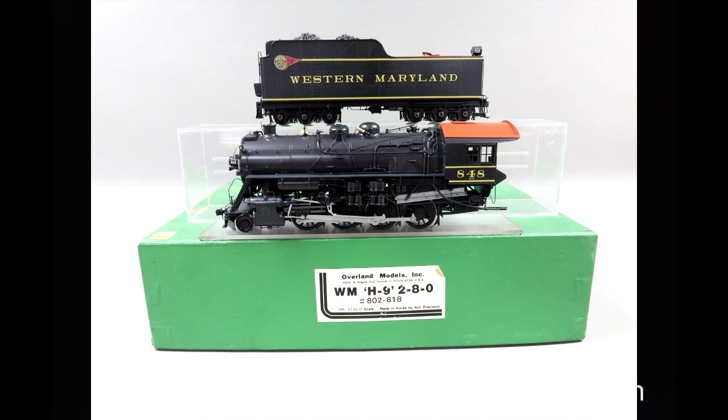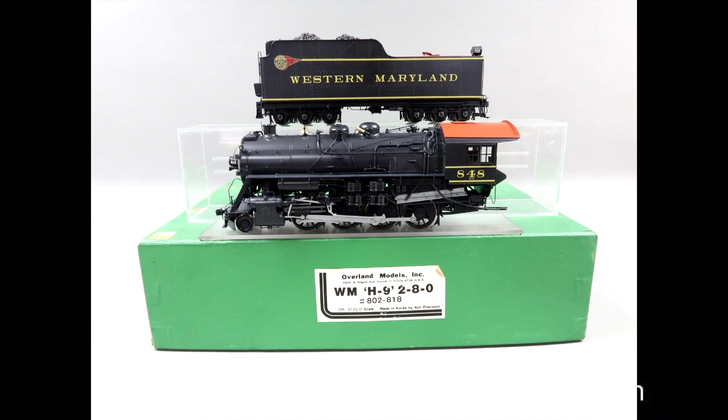Another argument is that video games have taken over the world, and this does have some serious merit. Simulators in the last 4 to 5 years have really stepped up their game with both the quality and variety of models available. I mean, why pay $2,000 for a brass model of a Western Maryland H9280 when you can